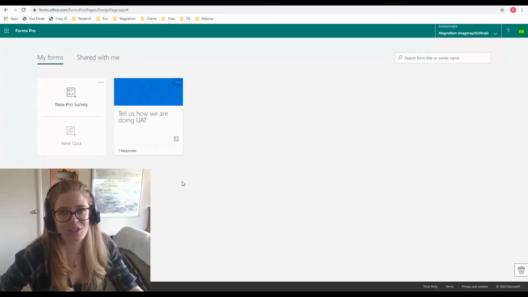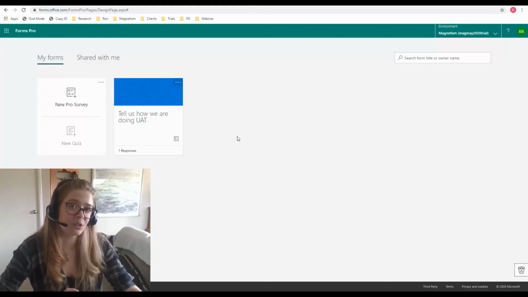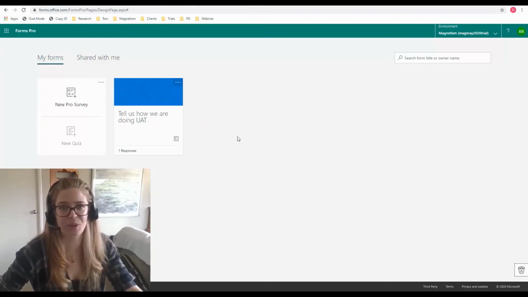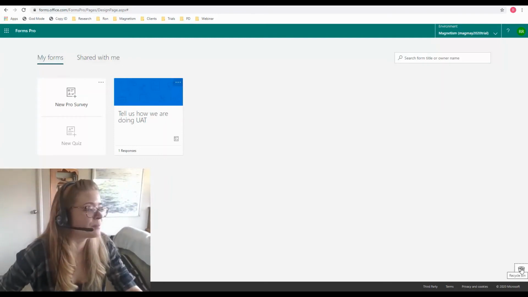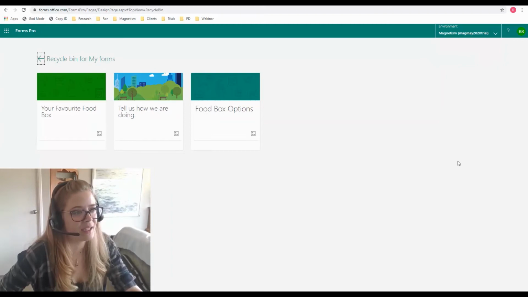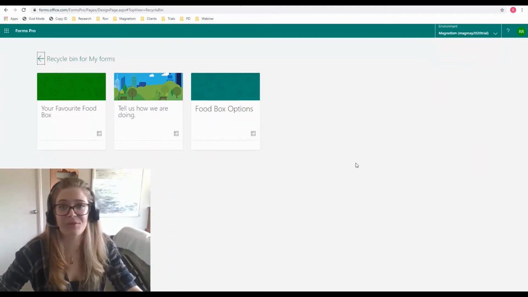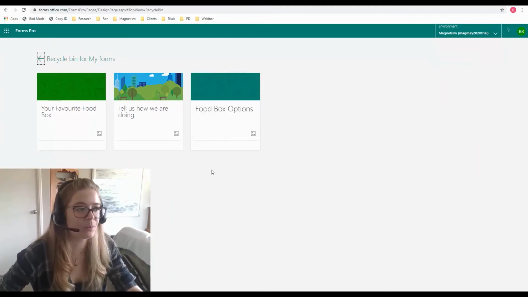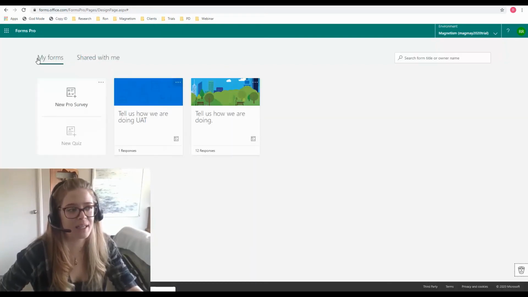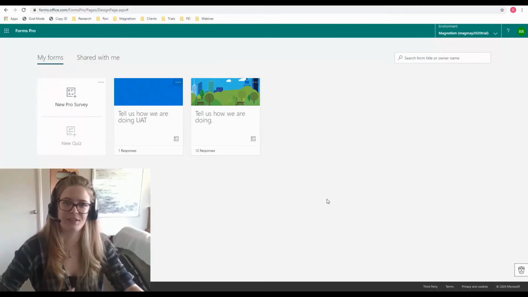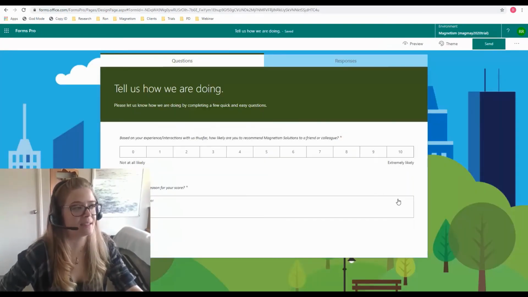Well, my handy hint for you today is that there's actually a recycle bin feature within Microsoft Forms Pro, and that is this little hidden icon here at the bottom right hand corner. If I click on the recycle bin, I actually see all of the forms that I have deleted. It will keep them in this recycle bin for a bit, and I can click restore to restore my NPS production form back to my forms, so it's available and I can go ahead and edit the